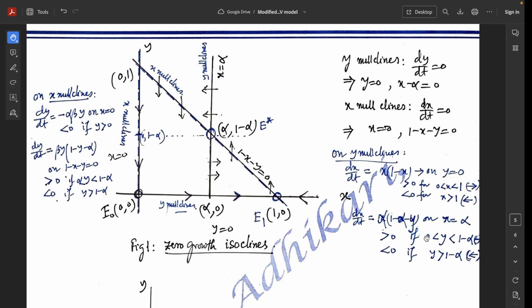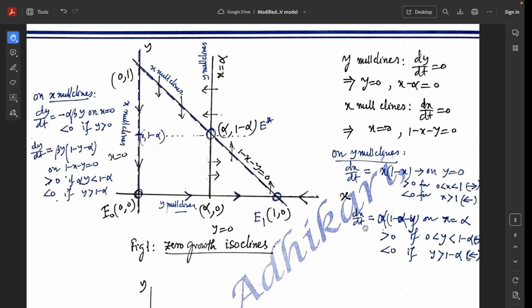Here 0 less than y is the y-axis, and this point is 1 minus alpha. So for this part on this straight line, this is the right-handed arrow, because dx is positive for this part,